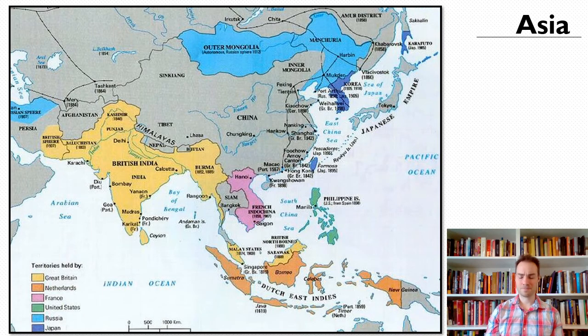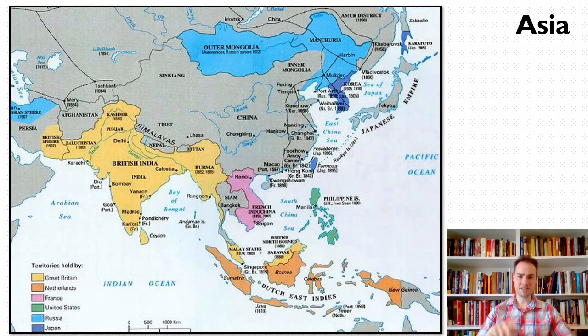You'll notice China is not shown as being colonized. And that's really tricky. As we talked about with those unequal treaties from last time, China had lost a lot of its sovereignty. It had lost a lot of its control over trade. It had been forced to give up extraterritoriality to different European powers. Individual port cities like Macau and Hong Kong were taken over by Europeans, but there was a Chinese dynasty, and in theory it was an independent empire, but it gets pretty tricky. There was a lot of biting around the edge, taking power from China.